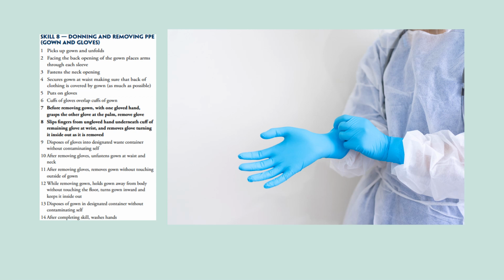Most skills require the candidate gather the supplies required to complete the skill. Some skills, like PPE, are already set up by the evaluator. As an example, a few other skills or set up stations include denture care and hand hygiene. For PPE, a candidate will be provided with a gown and gloves and a receptacle for the PPE. Remember, once the PPE is removed, even if it's a cloth PPE gown, it should always go into the receptacle